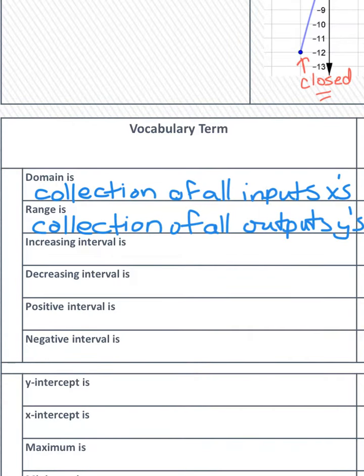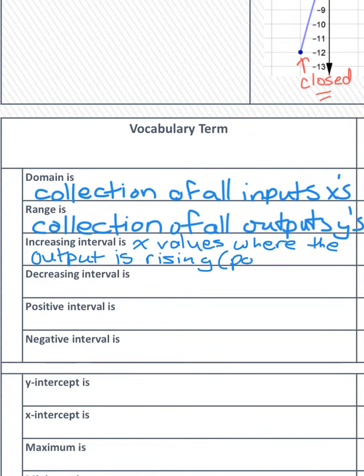The next two terms, increasing and decreasing intervals, are the portions of the graph where you either have a positive slope, rising, or a negative slope, falling. And as in the case with all intervals, we use the domain, the x values, to describe that part of the graph, except for the range. That's the only exception. So the increasing interval is the set of x values where the output is rising,